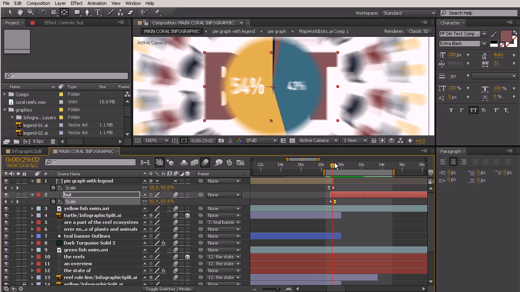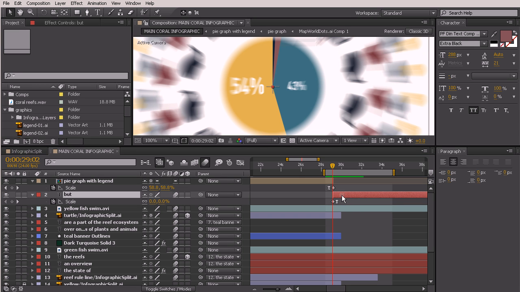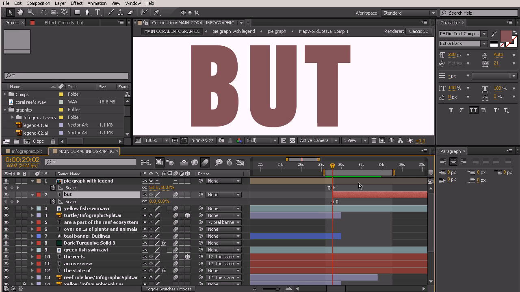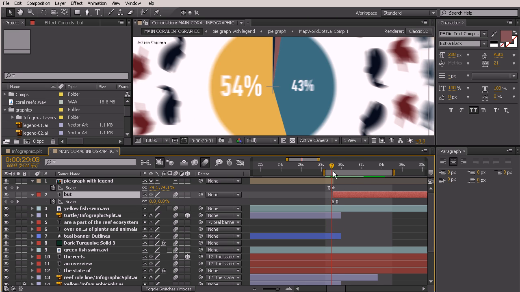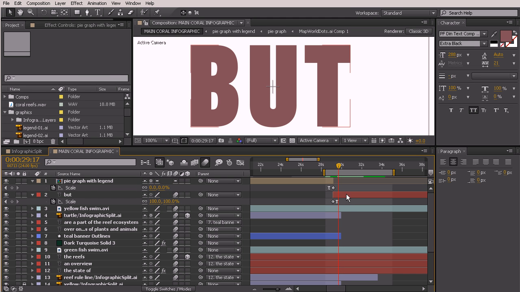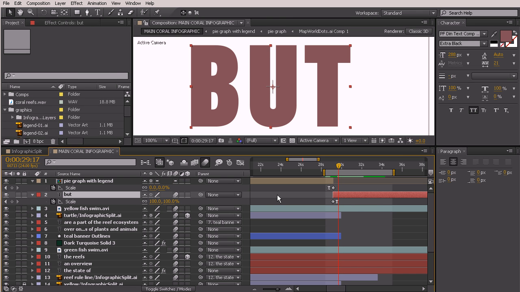I think this is a little bit big, kind of early, so I'd like to grab my selection tool and we'll just pull that forward. So we can just see how small that is earlier on. That looks much better. Okay, so right about here is when I want to transition to the next part of the text talking